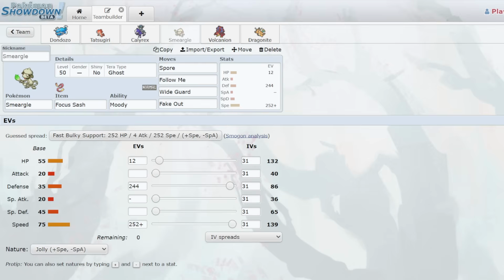Moody, of course, can just be very, very hard to handle, especially if you get a speed boost with Smeargle, and it can really just snowball out of control, as well as just, you know, it's being Smeargle. There are so many mind games on top, and Moody can just definitely swing, especially because of the Spore pressure. EV spread wise, it's pretty simple. You do have a max defense Smeargle to take on the physical hits better,